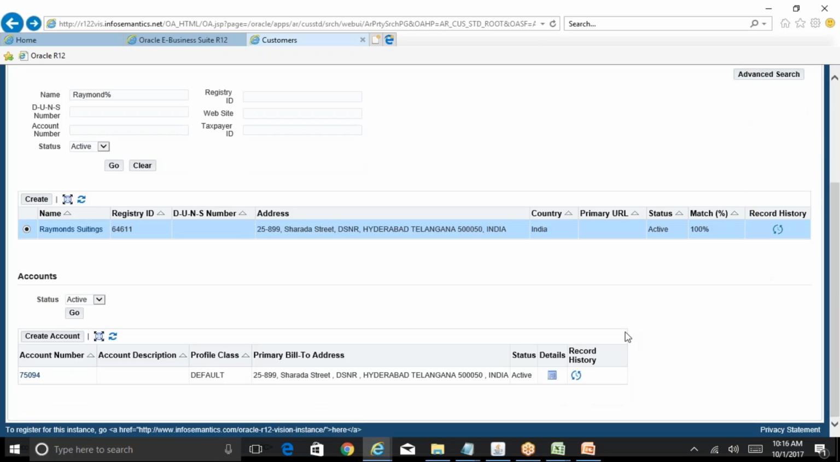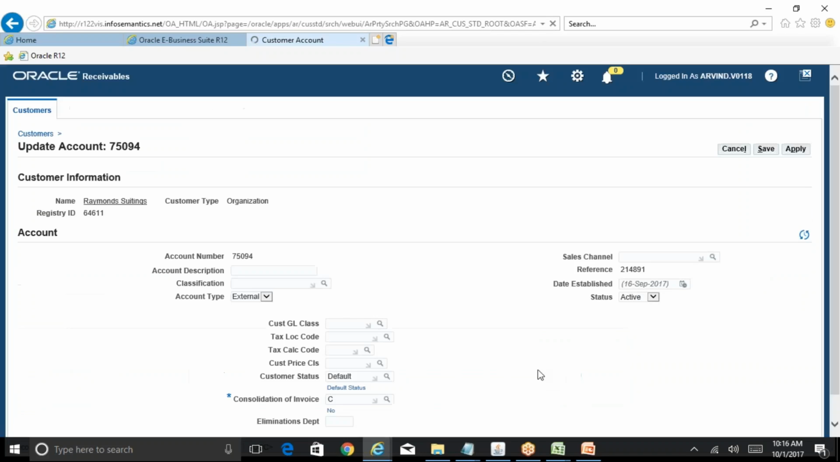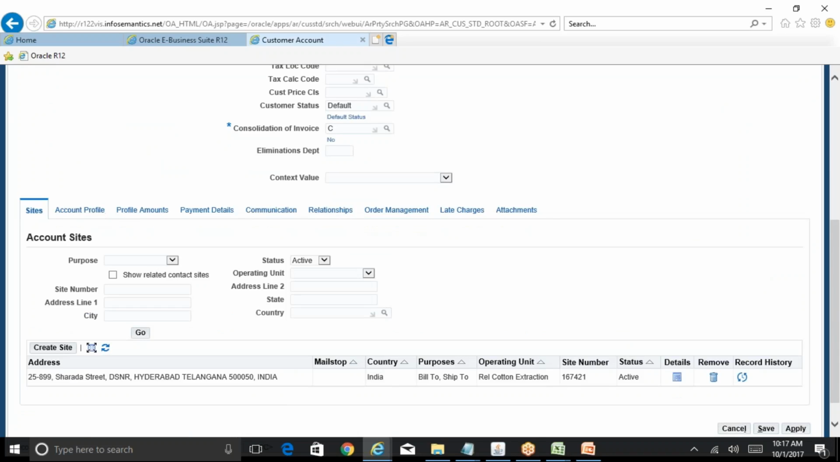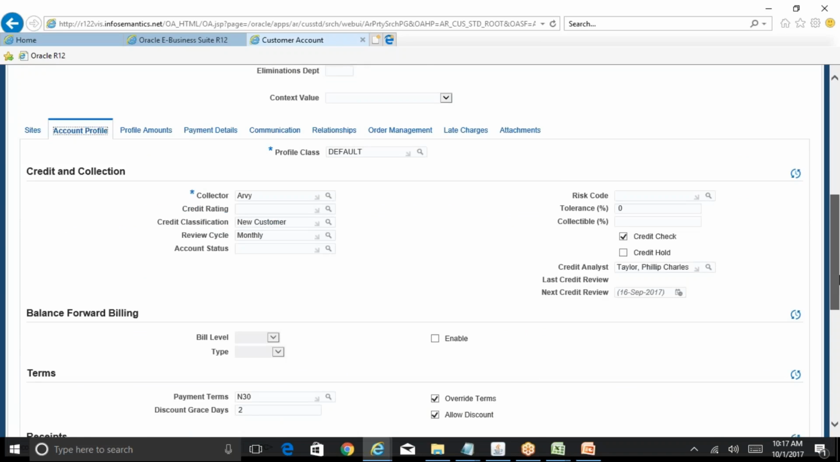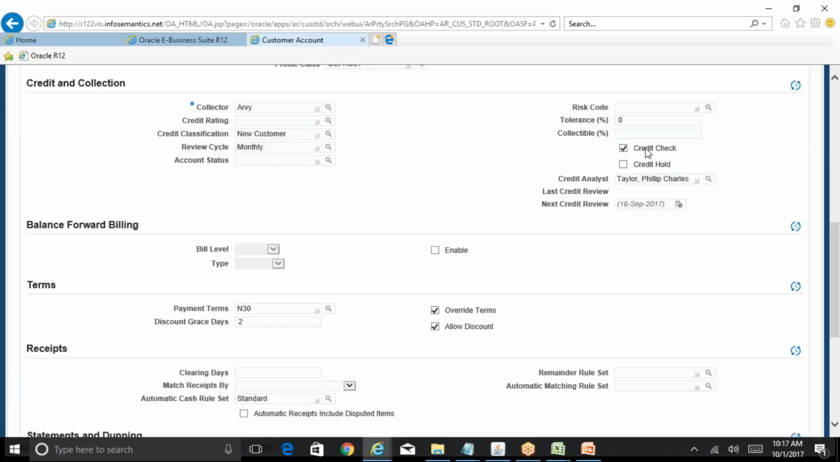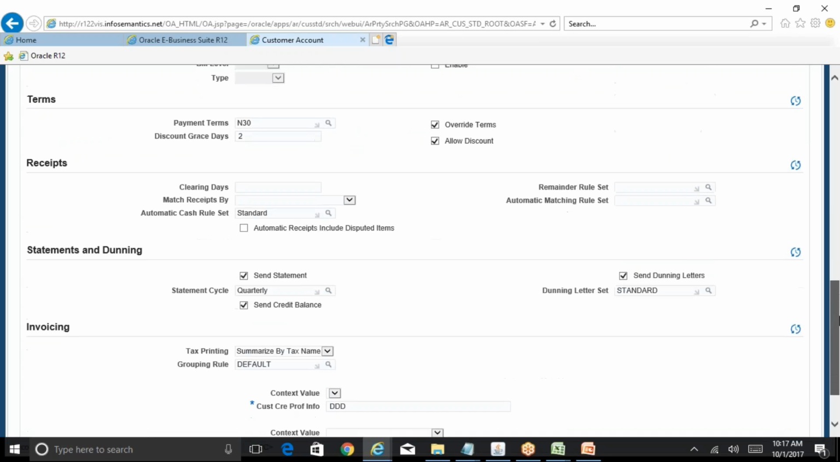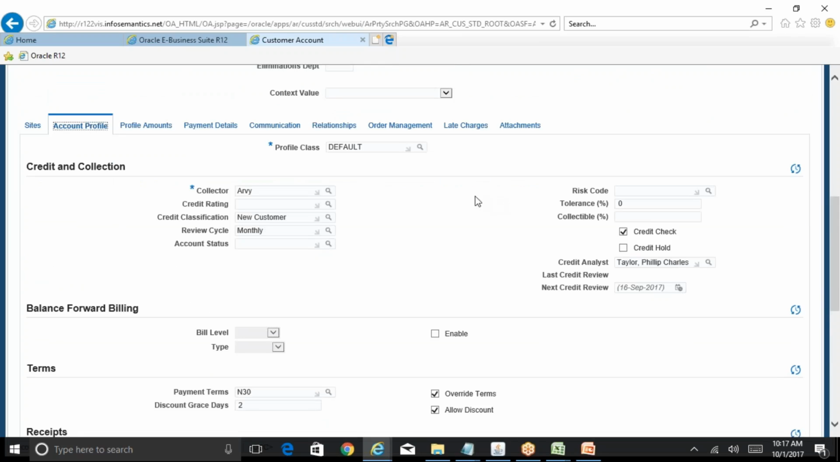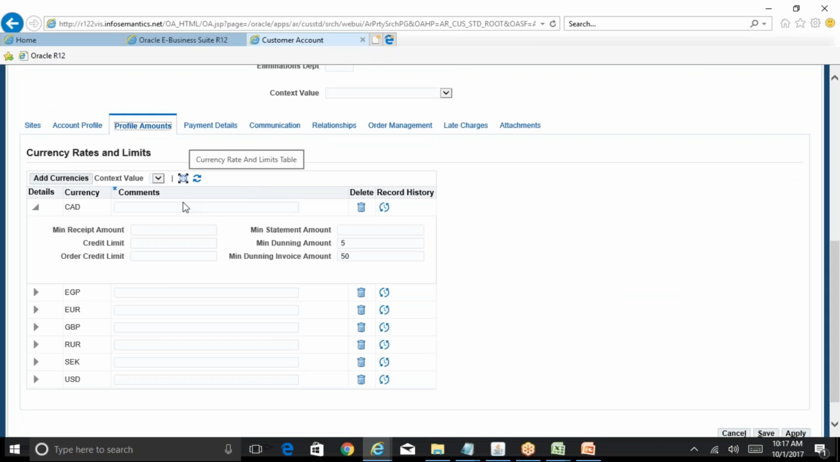Okay, going back to the account details and to your question on the credit check. There is something called credit check, and there is something called credit hold, and there will be one more field called credit limit. Where is that? Yeah, there is something called credit limit. All these four fields: credit limit,